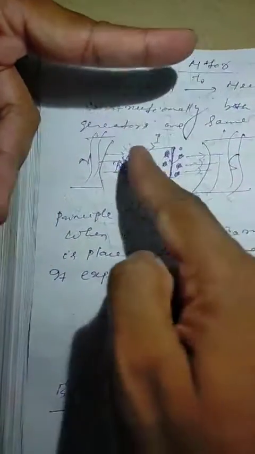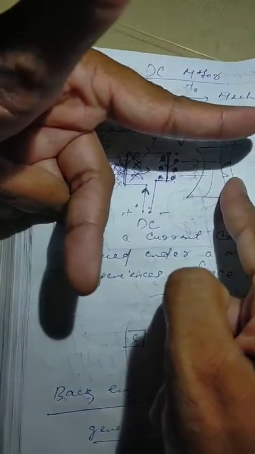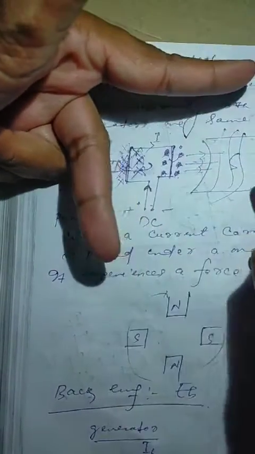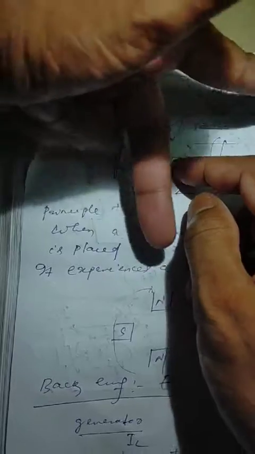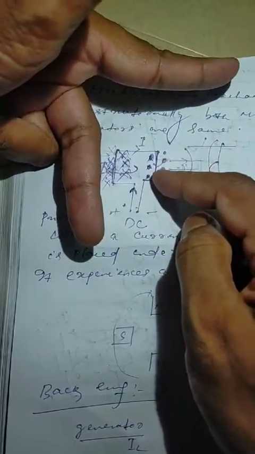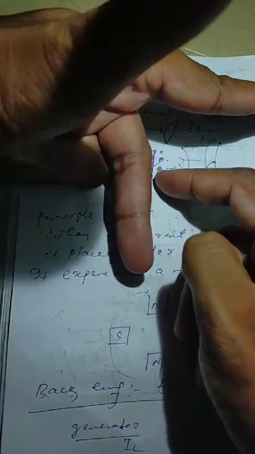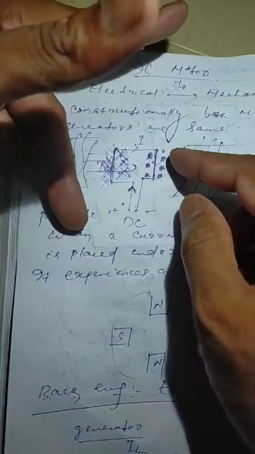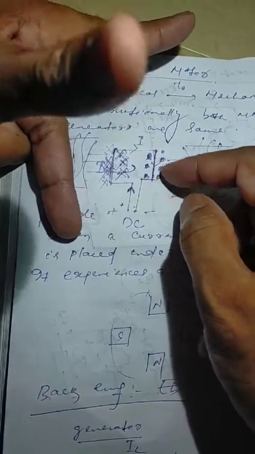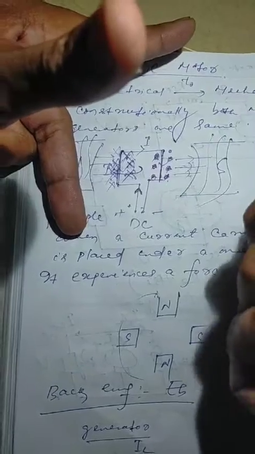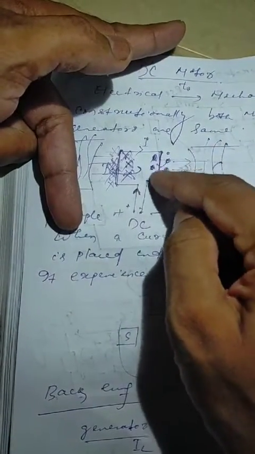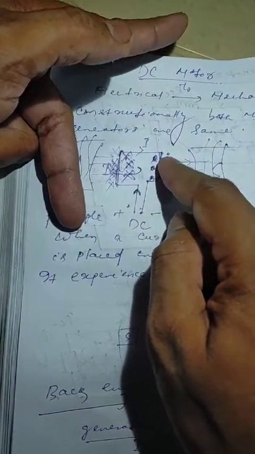As you can see, from north pole to south pole it will be developing, and this is the direction of your electric current. If I go to this side, this one is satisfied by this particular side. So this is the direction of electric current, and this is actually the direction of force. So now you can see that for this side the direction of force is outside the plane of paper. Whenever it is outside the plane of paper, it is denoted by a dot mark.